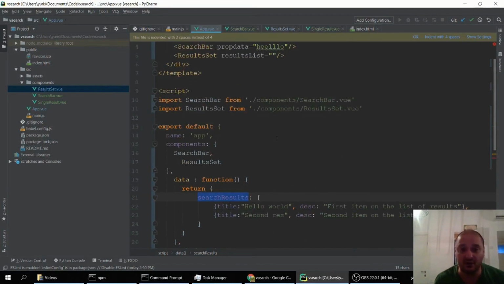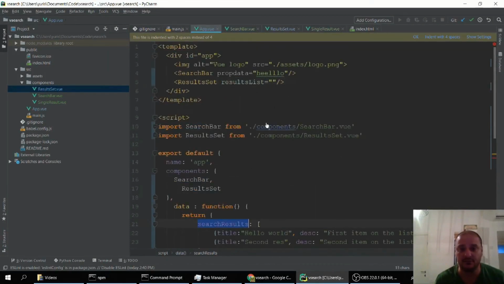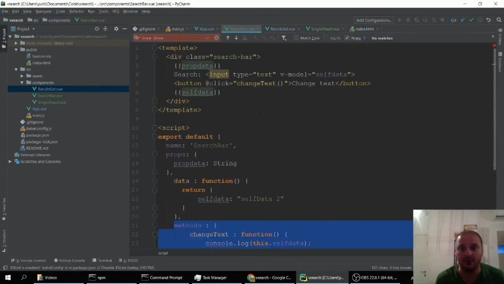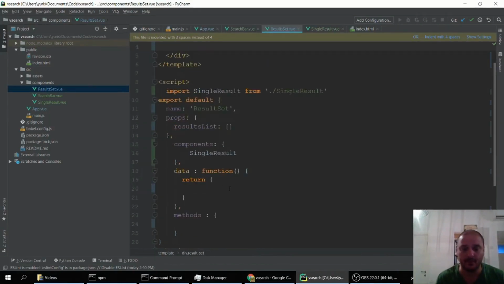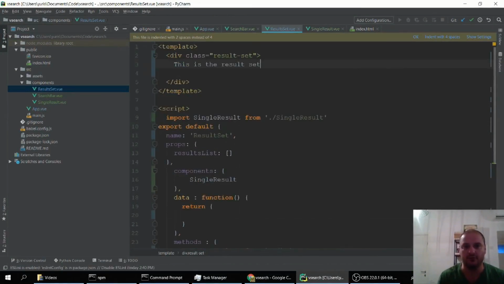So what's interesting now is we're going to pass this here, and in the result set we're going to list. Let's do it the method way, and we're going to do the computed properties later. Method count results, results length. Oh, pardon, it needs to be this. Nice. It's nice when your IDE compiles stuff for you, and here we go. This is the result set, and its length is